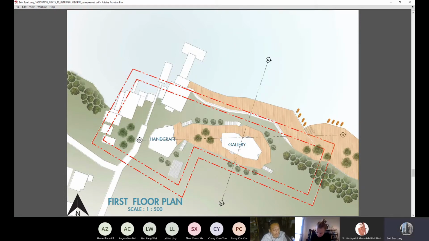So I'm confused. Can I open it? Because I did my 3D. Maybe my elevation is not showing well. Can I open it? Maybe you can see through. Okay, if that helps.